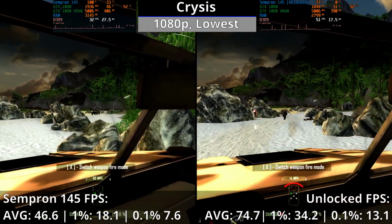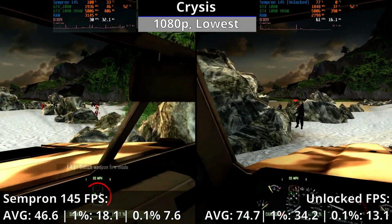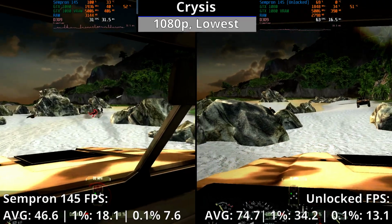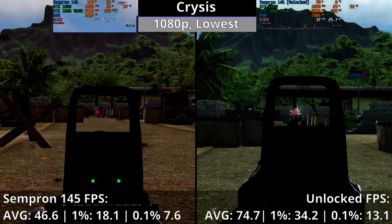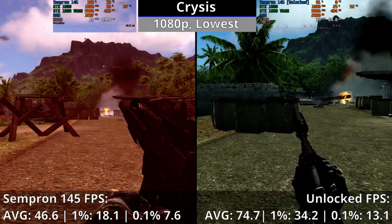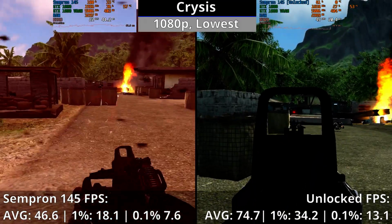The second core improves on that massively, where it actually runs quite smooth for the most part away from those intense scenes. But even then, performance doesn't dip that hard. At worst, FPS will only dip to the high 30s in and around big explosions, and around 40-ish FPS in intense fighting elsewhere. With two cores, the Sempron 145 even manages to maintain over 60 FPS for the most part,